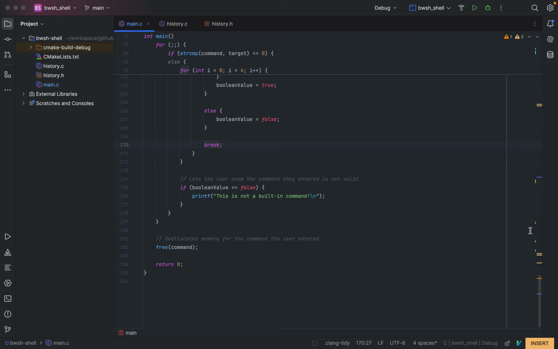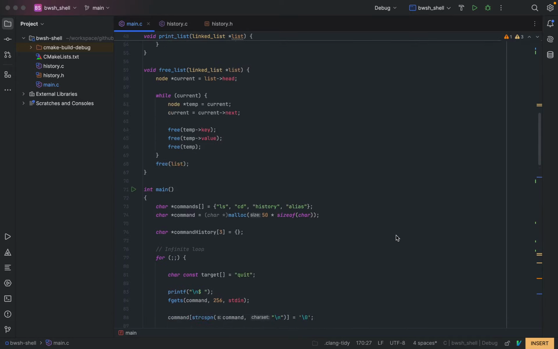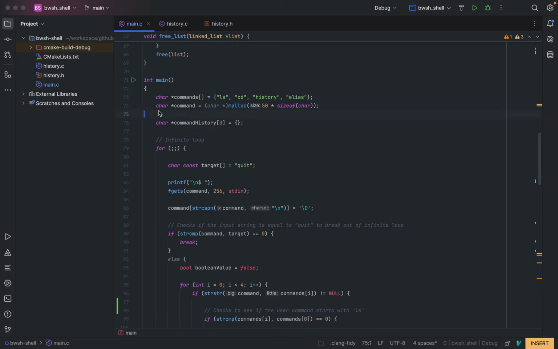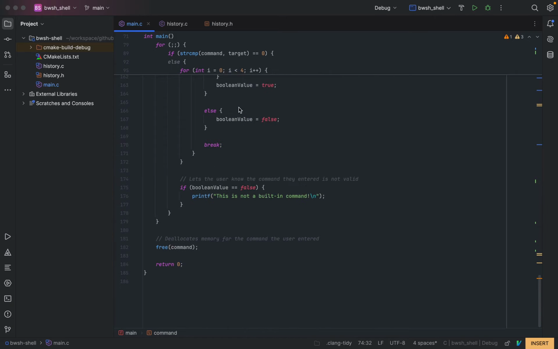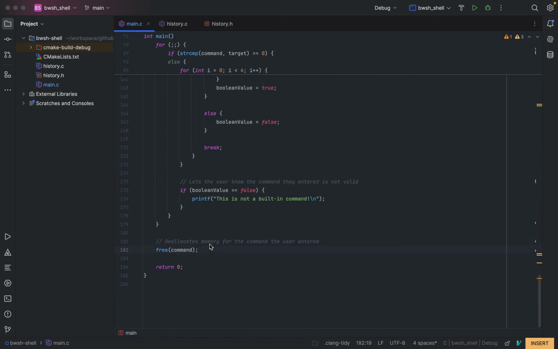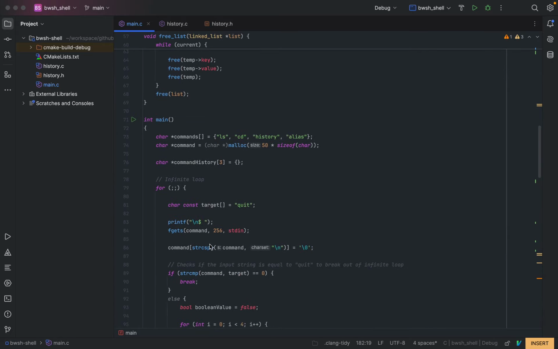Now the last section on the checklist is defensive programming. So is every memory allocation deallocated? Yes and no. So I know this command up here, this is the variable that stores the user command, and it uses malloc to dynamically allocate memory to it, and so that is deallocated down here. I even included a comment for it. But as far as